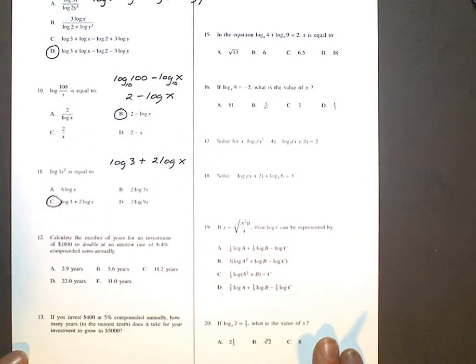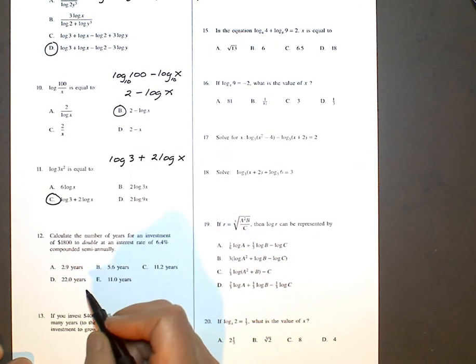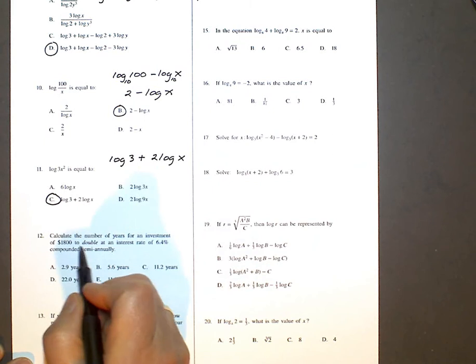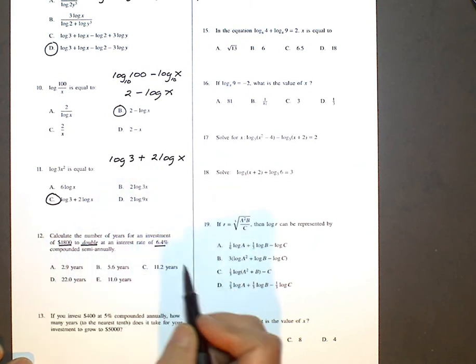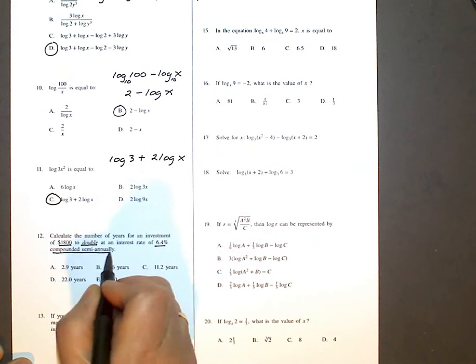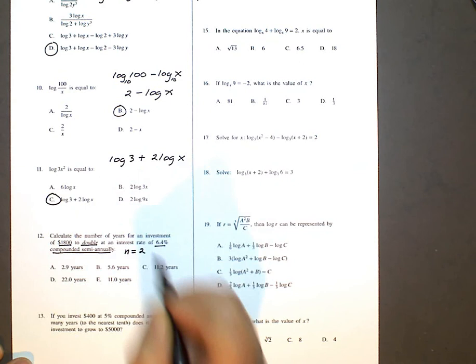And number 12, I'm going to write the formula here. I've got to find the number of years that this investment takes to double. If it starts at 1800, here's my interest rate, and they say it compounds semi-annually. So the number of compounding periods is 2. They pay my interest twice a year. So I'm going to write